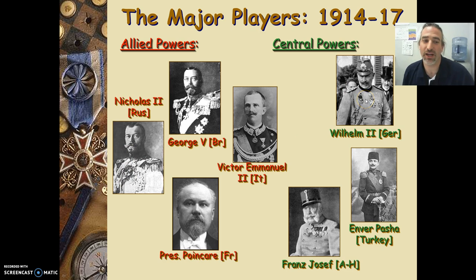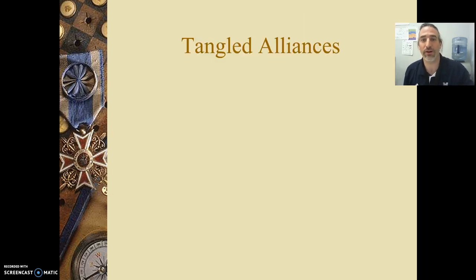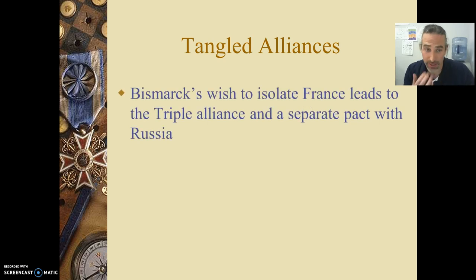Nicholas II and William II actually have letters written back and forth, the Willie-Nicky letters, and they're cousins, and they're talking about their childhood and how they shouldn't fight against each other because they're friends. The communication starts to diminish and gets worse and worse, and eventually they do want to fight with each other. But it's interesting that a lot of these people are related to each other in some way, and they end up fighting against each other. So it's called a family affair, a family war.